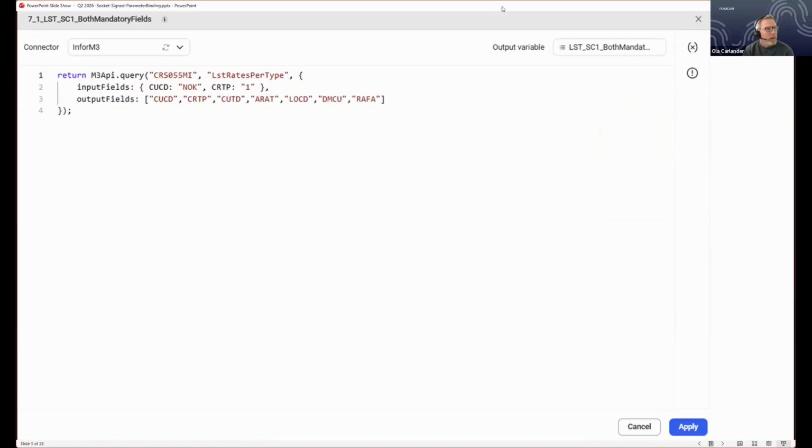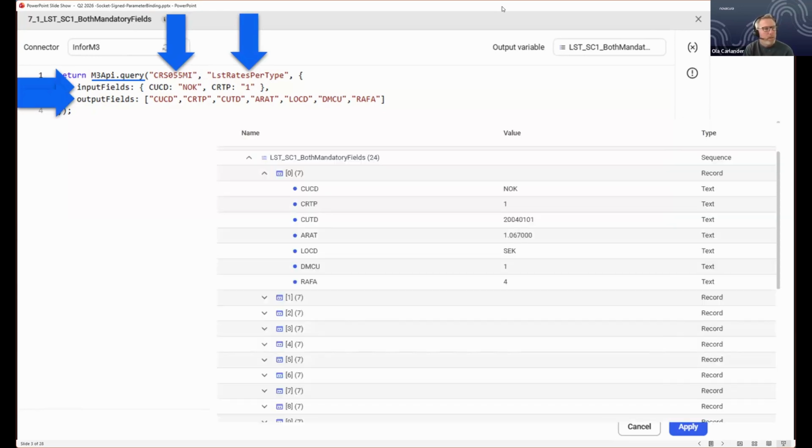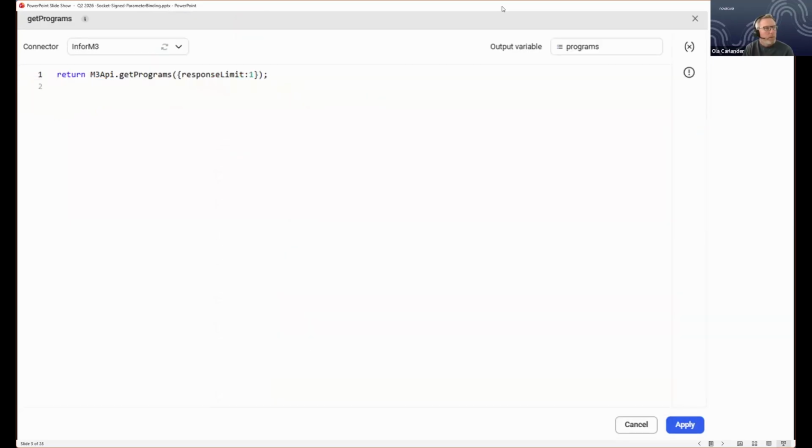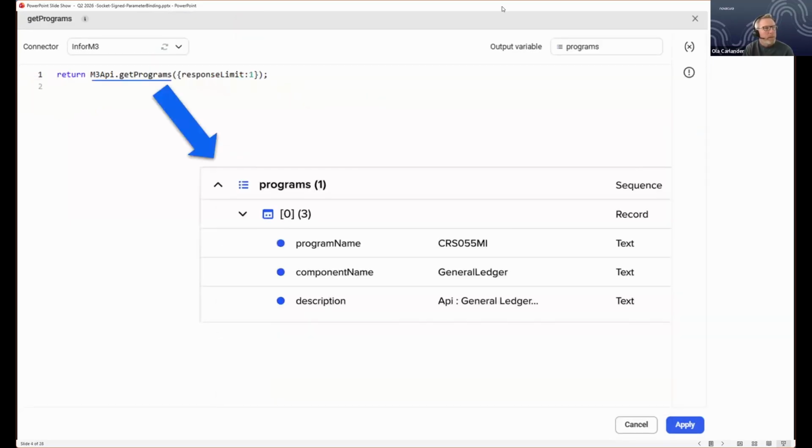It looks like this, where you have a little M3 API.query you can ask. And you enter your program and you enter your transaction and then your input fields and output fields. And if you happen to know them, you can run it right away, and this will be the result of it. If you don't really happen to know it, there is a thing to get the programs first,